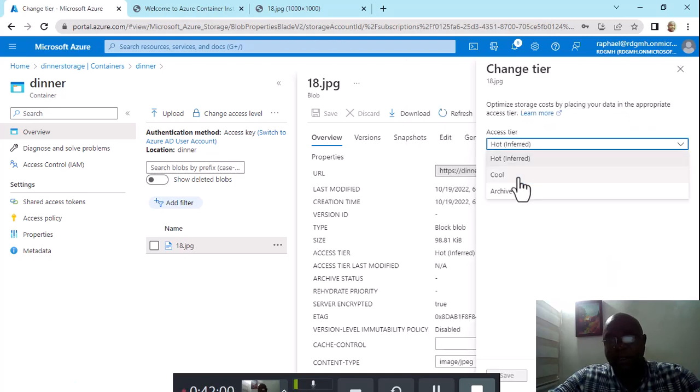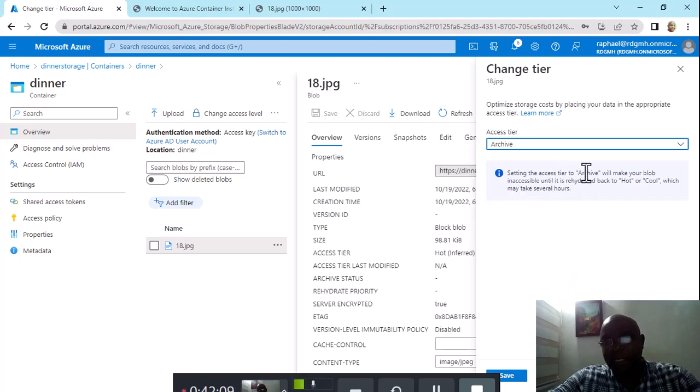See, you can change to cool, hot. So assuming I don't want to look at it for the next 180 days, I'm just going to choose archive. Setting it to archive will make it inaccessible until it's rehydrated to hot. So you see how cool